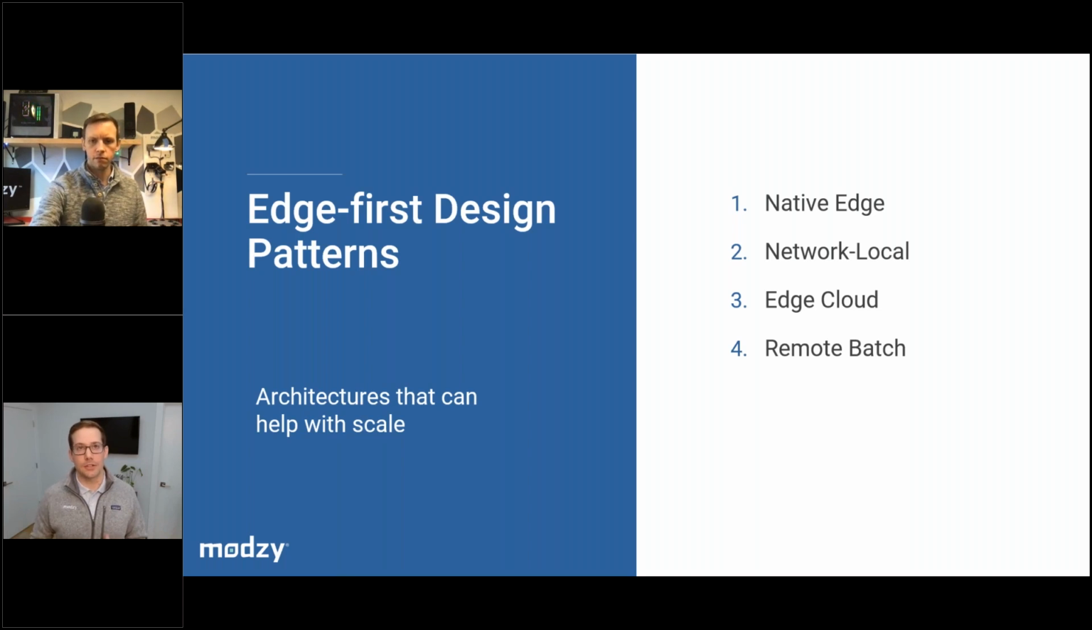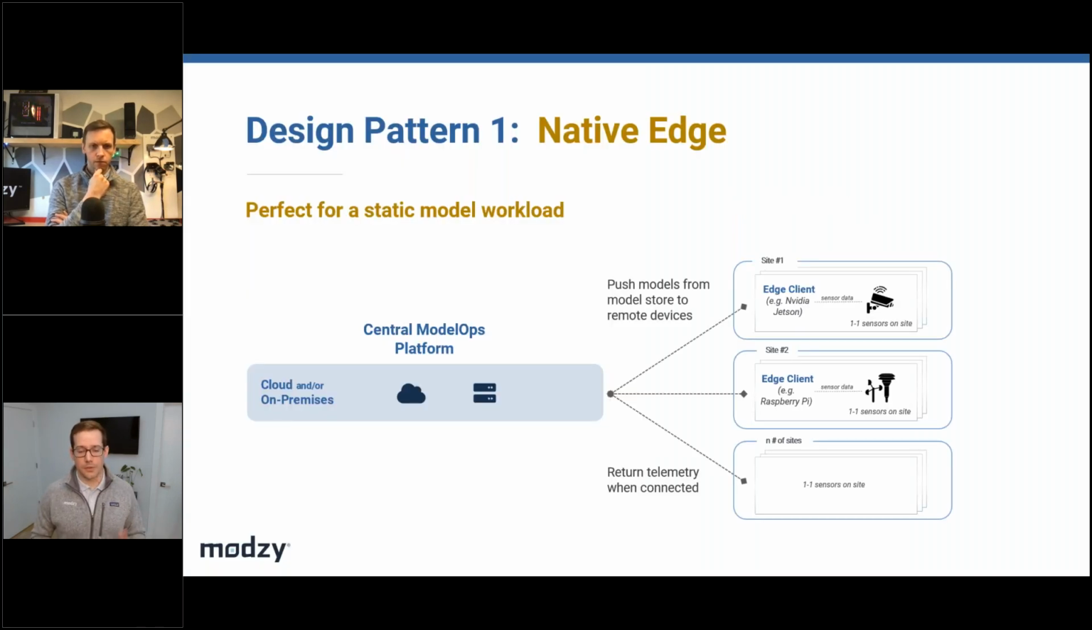If you take this edge first perspective, there are several what we call design patterns that emerge. These design patterns will be different based on the device or devices you're working with, the specs of those, the use case, and a whole plethora of other custom requirements. So the first design pattern that we'll see is what we call native edge, which is great for static model